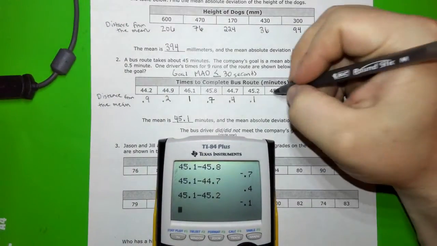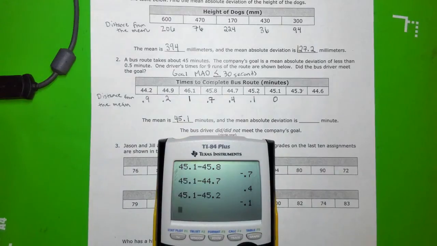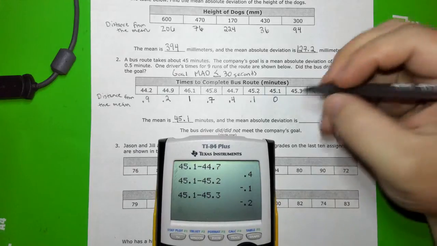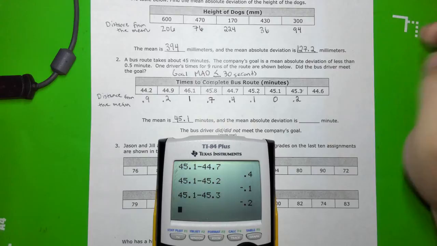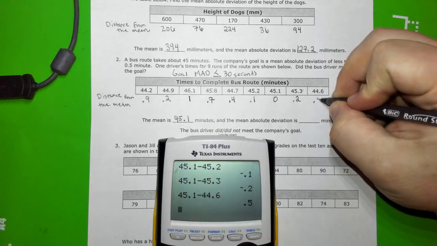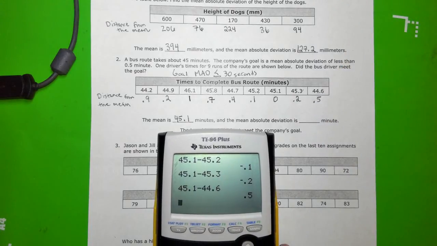And then we have 45.1 here, so that distance is 0. Okay. And then we have 45.1 minus 45.3. That gives me negative 0.2, which would be positive 0.2, because once again, distance cannot be negative. And our last one is going to be 0.5. Okay, so I've done all these distances in my calculator,